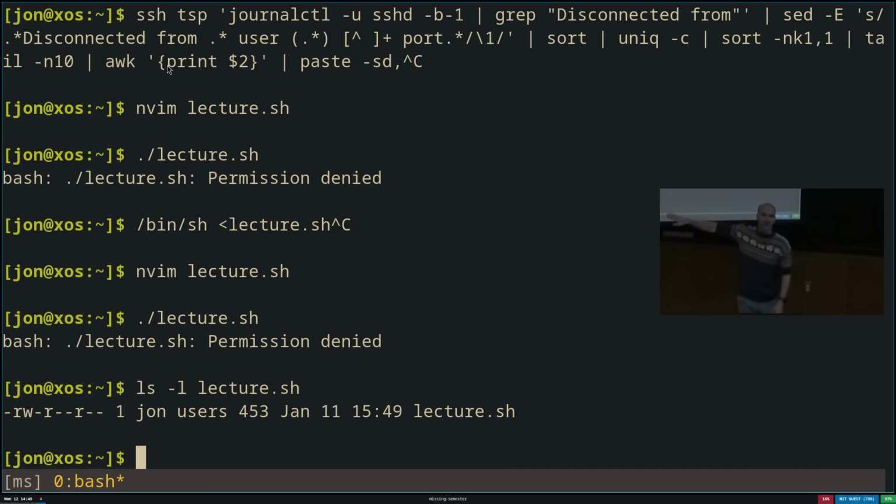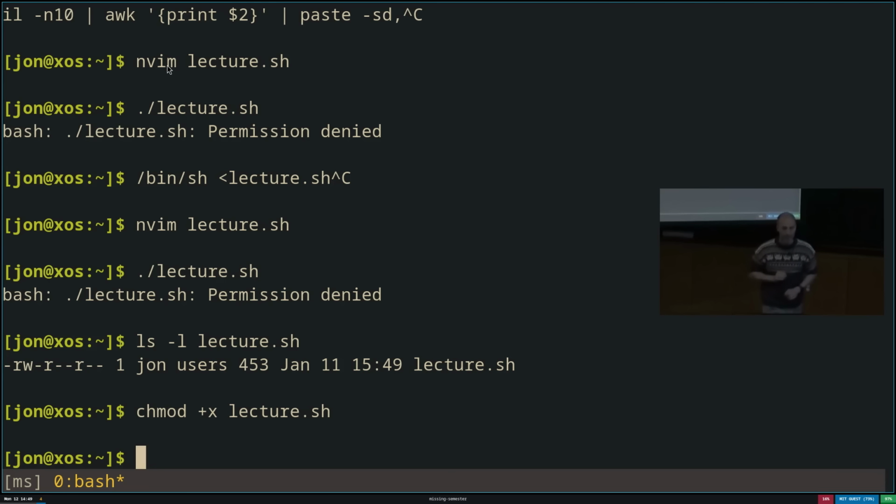And why there are multiple, there's an exercise on that. But the idea here is that because this is my file, I can read and write it, but I haven't told the operating system that this is fine to execute, that this is actually an executable program. If I want to do that, I have to chmod, which changes the permissions of a file, to become executable, so plus x, I want to add execute permissions on this.